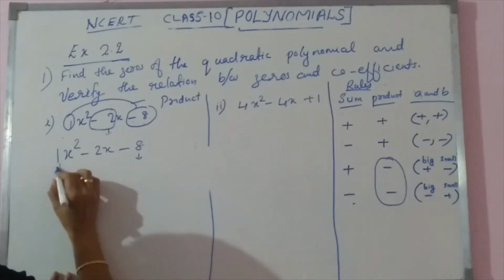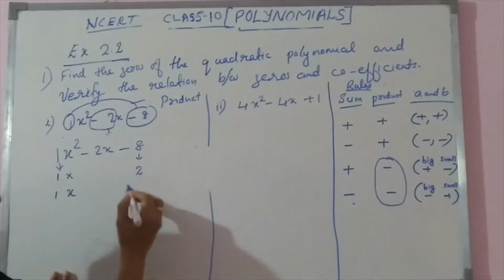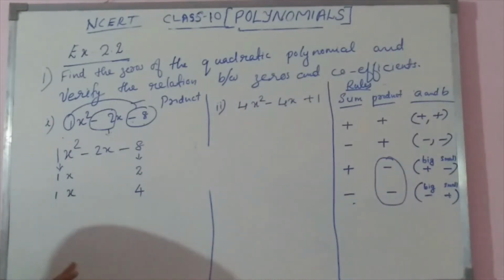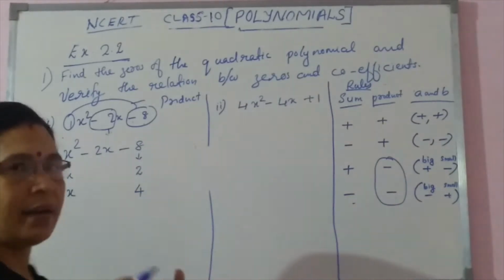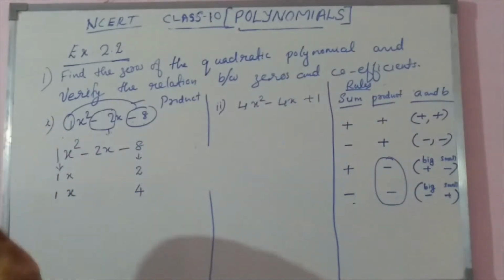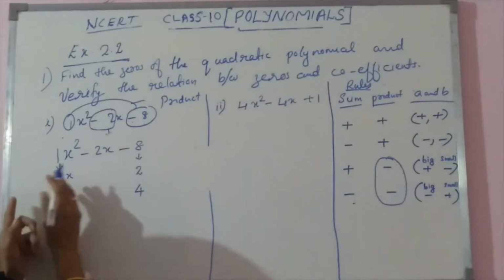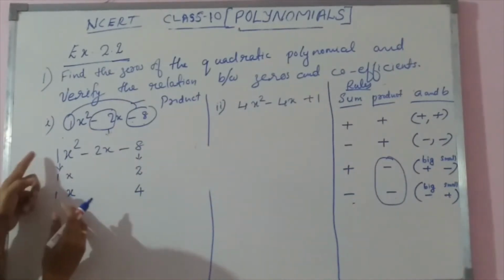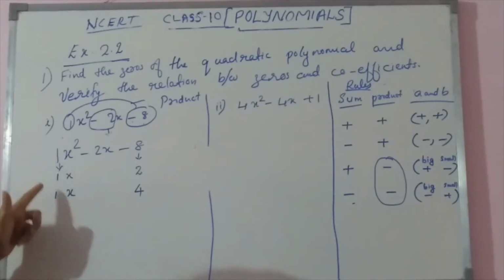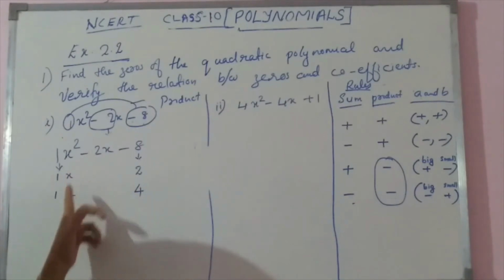You should factorize 8. While factorizing 8, you are getting 2 and 4, and the small number I am writing up and the big number I am writing down. Remember, in this case the small one should always come up. By practicing many questions, you will get the idea which one to write up; you calculate in your mind, and then you try. So now we have the factors of 1 and the factors of 8. The second method, once more I will explain. You take the factors of the coefficient of x square and along with that you write x.